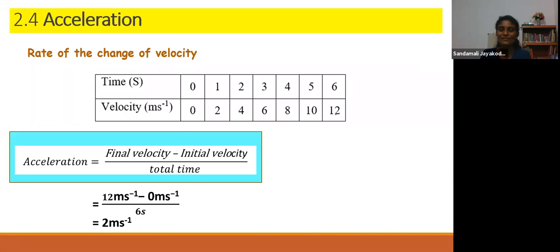Here, final velocity is 12 meters per second. Initial velocity is 0 meters per second. The time spent was 6 seconds. So our answer is finally 2 m s^-1. Here again my units are wrong. What about this -1? How should it be changed here? Here there is another s, so what should be the number here? Instead of -1, there should be